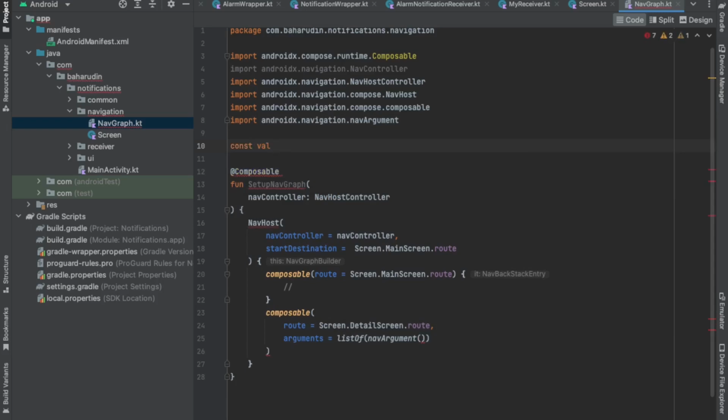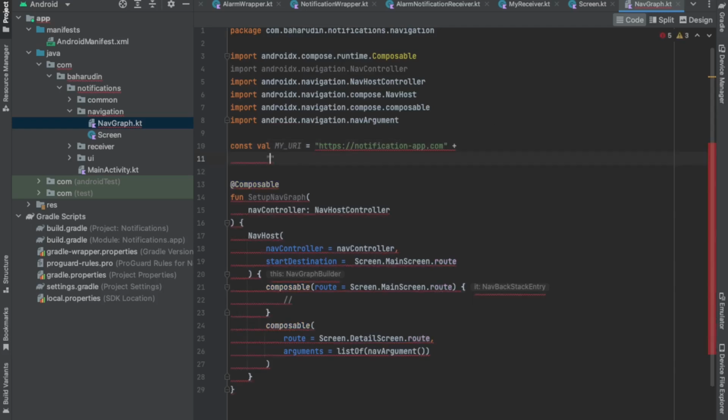Okay, the name is my URI, which is, you can give a custom URI up to you, and I will give the https colon slash slash notification app dot com. Okay, like this one,